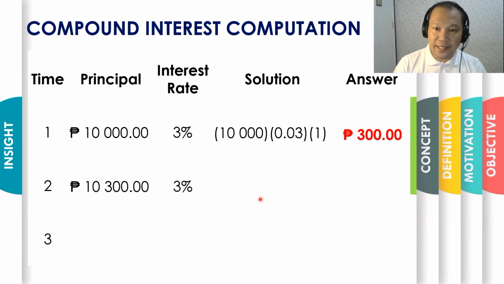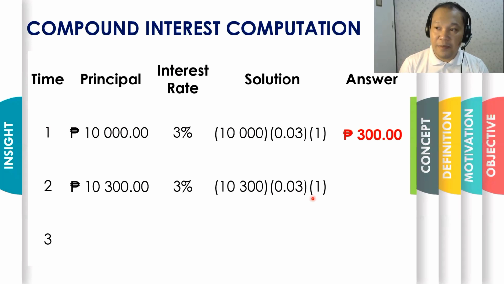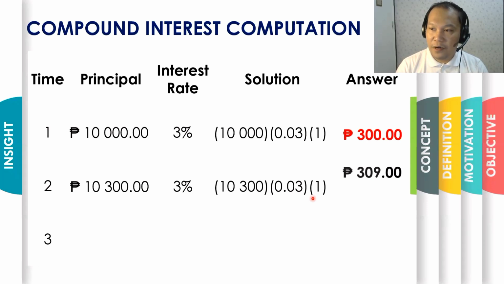Now, the interest rate will be the same. It's 3%. The only difference is the principal. Now, we have the new principal amount, which is 10,300 pesos. Therefore, by solution, we have 10,300 pesos times 0.03 times 1. This is the interest being earned for the second year. Therefore, the amount will be 309 pesos, which is different from the simple interest